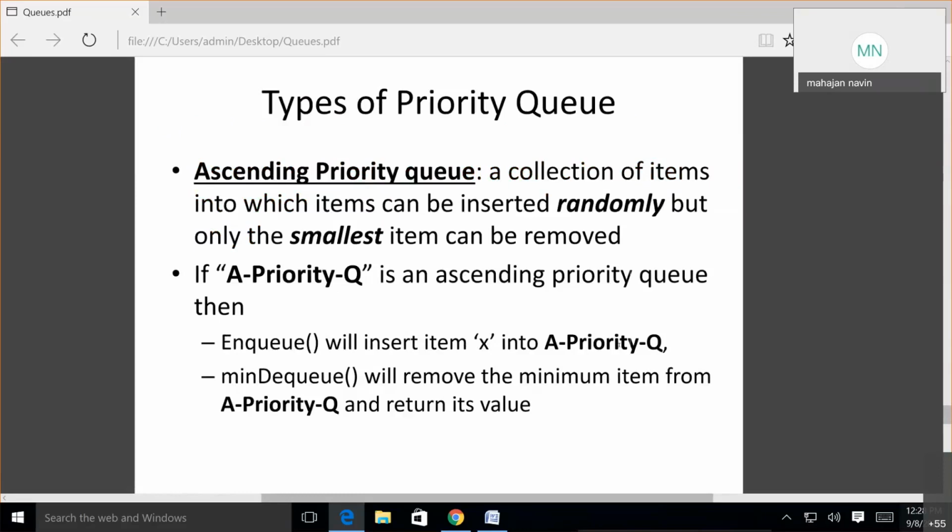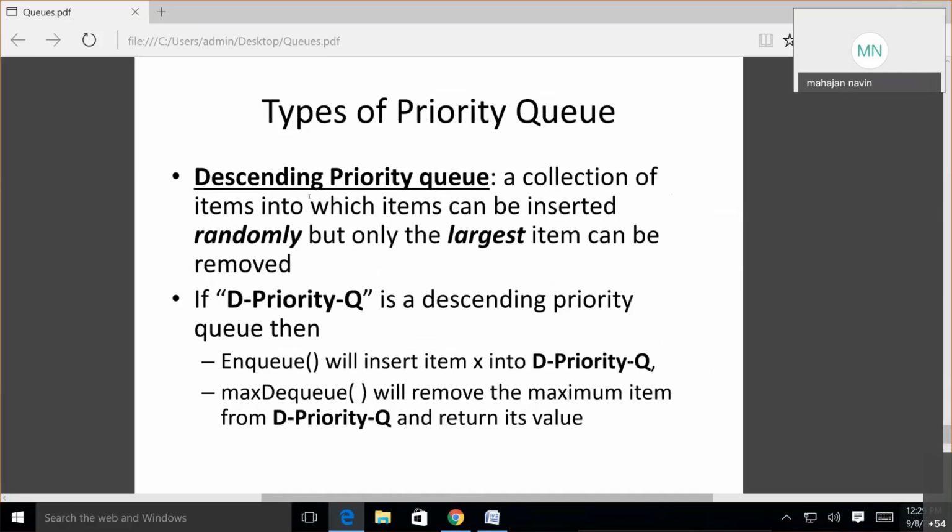Inserting an element into the queue, you will not consider any priority. Whatever way elements come, you keep on inserting them. But when you want to remove elements, as it is an ascending priority queue, the minimum element should be removed from the queue. So min DQ function will remove the minimum item from a priority queue and return its value.